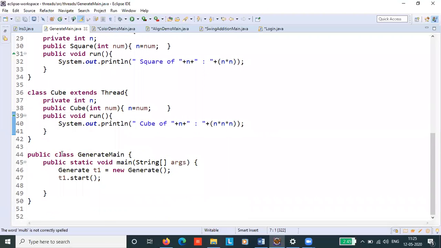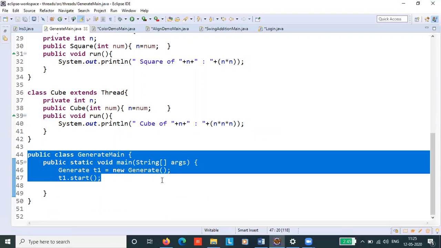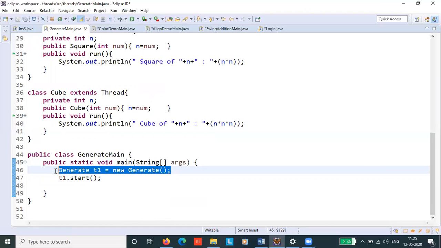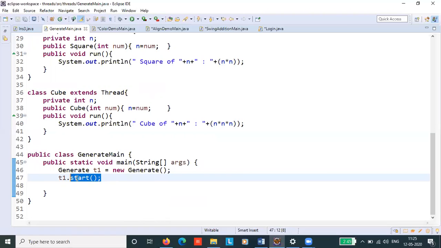Now, look at the main. Your starting point here is the generate thread. So we are creating an object of the generate thread. Then t1.start will initiate the process.